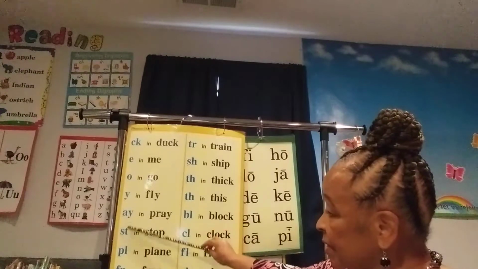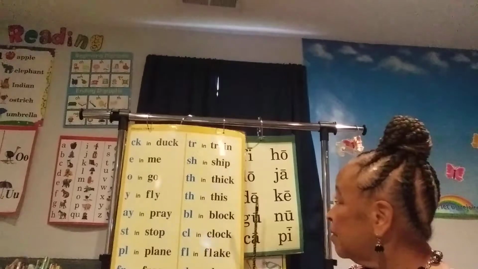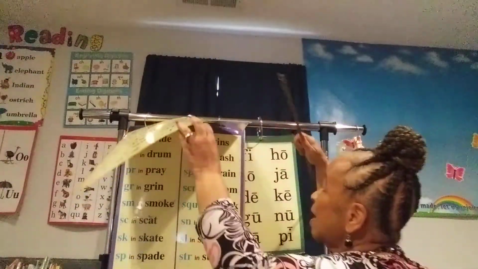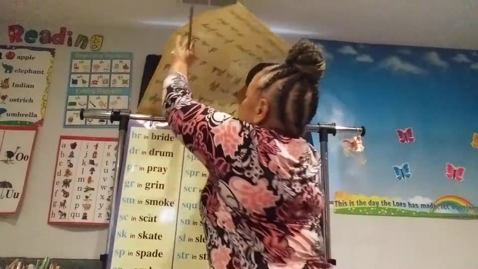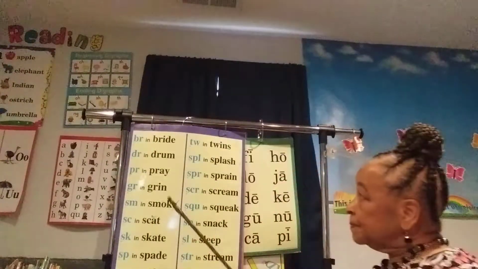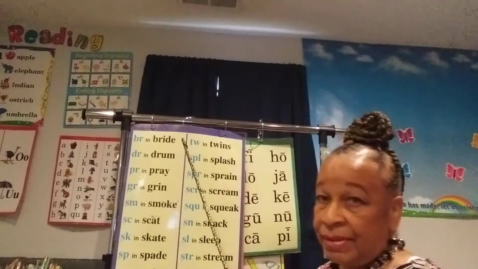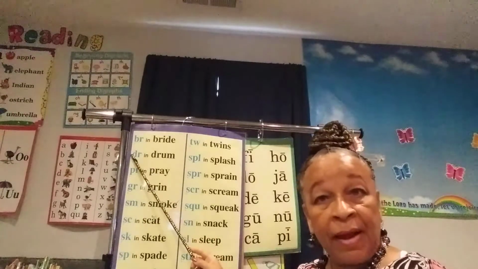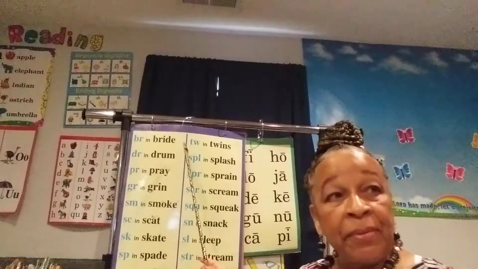All right, so these are the digraphs here on this chart, and we're going to turn over to the next chart because there's some more found on that page as well, and so I do want to go over all of them. And this one has trigraphs with the 3 sounds. So BR, brr, in bride.